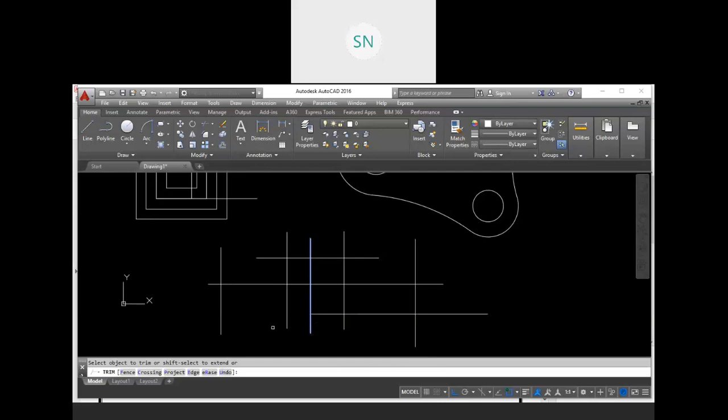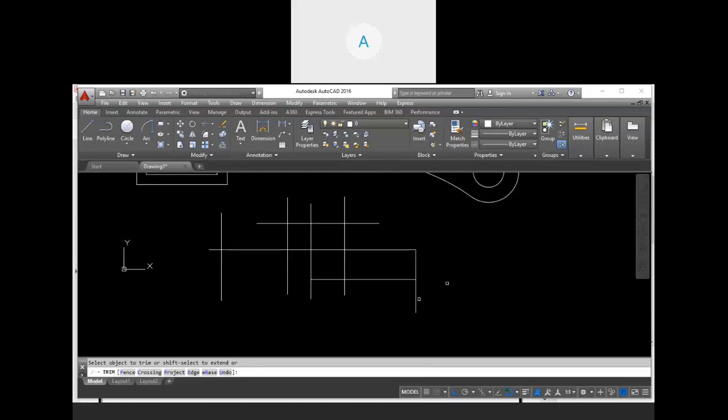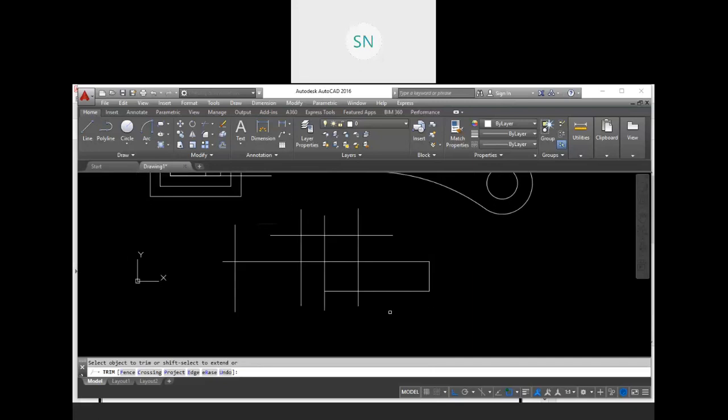So we are only able to trim these 3 lines because my trim tool is passing through those 3 lines only. But for that I have to tell you: TR, enter, trim, enter and again enter. So what will we do with the again enter? It will select all. That means now all the objects are our trim tool. So when we select any object, it will trim up to the next position. See, this one up to this point, this one again up to this point. Right? So this is our trim.